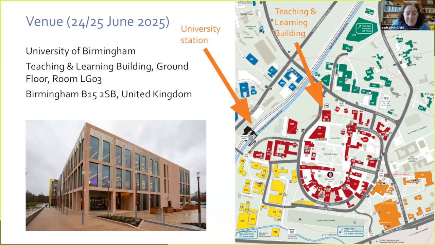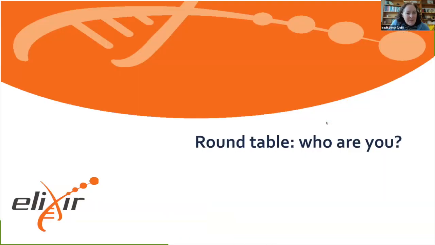It is a 7-minute trip from New Street to the university station. It's just called University. There's no Birmingham or anything. Apparently, it's the only train station on the university campus in the UK. So hence we can just call it University. So it's pretty straightforward to get from New Street, which is the main station in Birmingham, out to the campus. As I said, about a 7-minute journey and something like 6 trains an hour. So pretty much every 7 or 8 minutes. I think that was it.